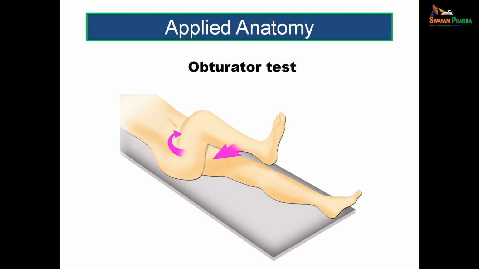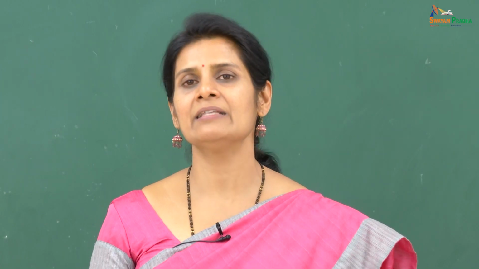The next test which can confirm the appendix being inflamed is the obturator test. The obturator internus, which is related to the pelvic appendix, if it gets inflamed, results in irritation of the obturator internus. So, if the person's leg is flexed and medially rotated, the person will have excruciating pain because of the stretching of the obturator internus. The obturator test becomes positive when the appendix is found to be of the pelvic type,